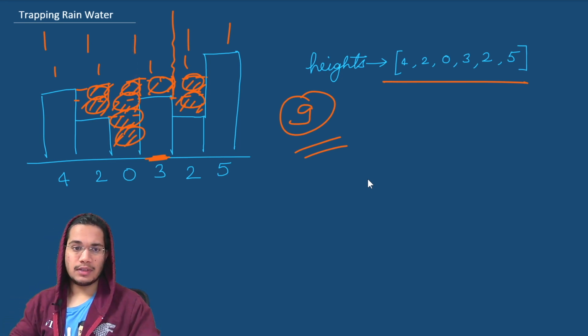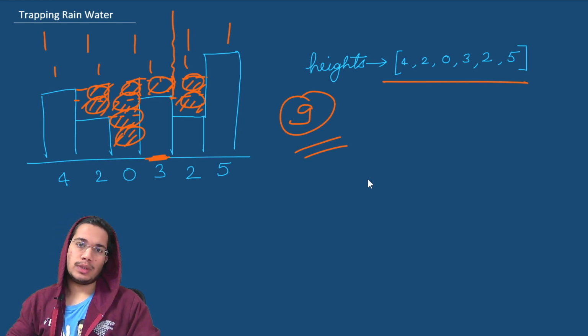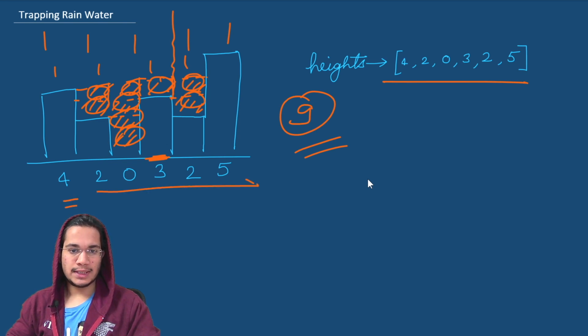So for doing this, one way is to check, for every single building, the greatest building on its right-hand side and on its left-hand side. For example, let's say we start from 4. For 4, we'll go to all elements towards its right, and we'll keep on checking for the highest element. So we'll check 2, 0, 3, 2, none of which is greater, and then 5, which is the highest till now. So we'll find 5 as the greatest building towards the right of 4. And similarly, for 3, we'll iterate over all elements towards its right, and then we'll check for the values which are greater than 3.